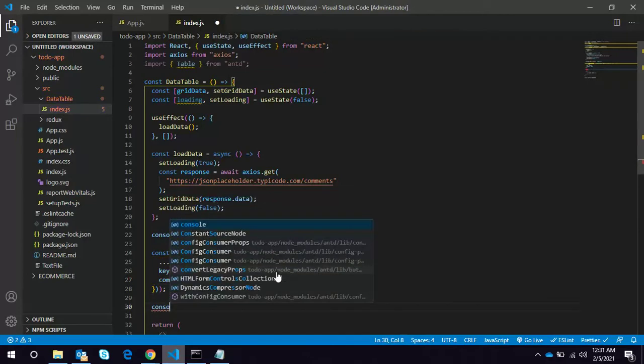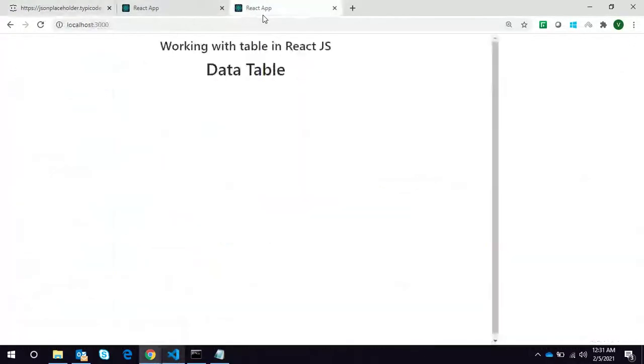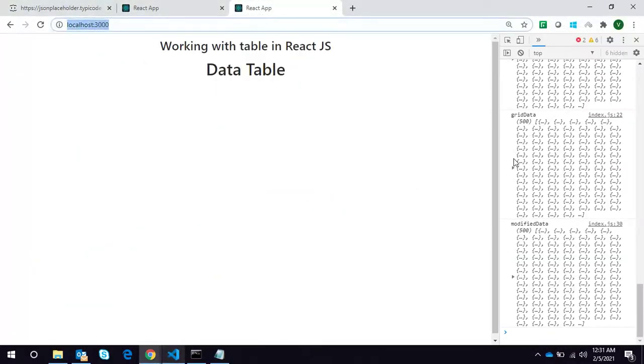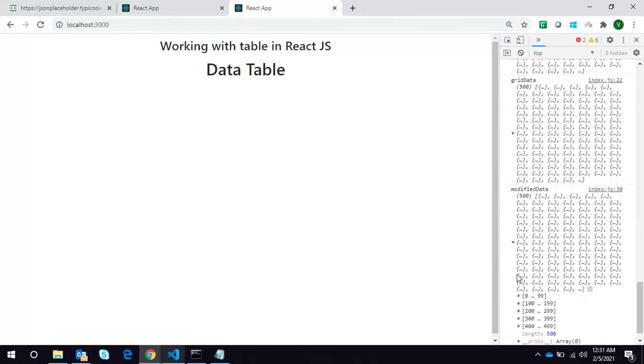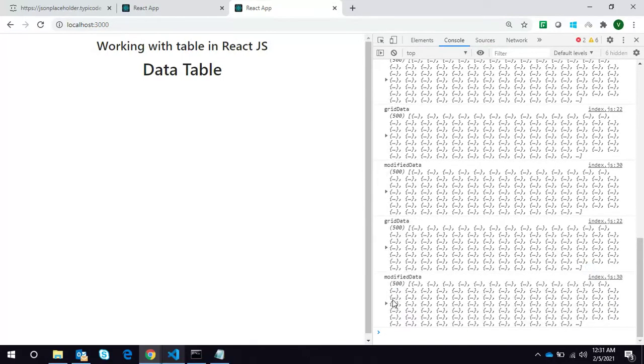Now we can check this modified data as well. Okay, so I think the page is reloaded. We can check here. So modified data we are getting.